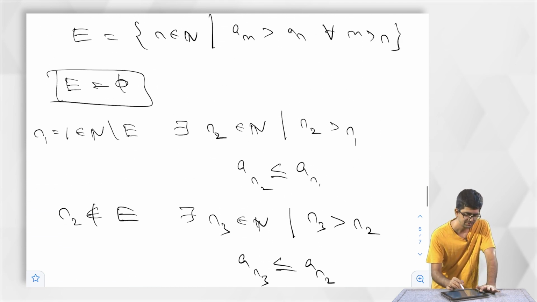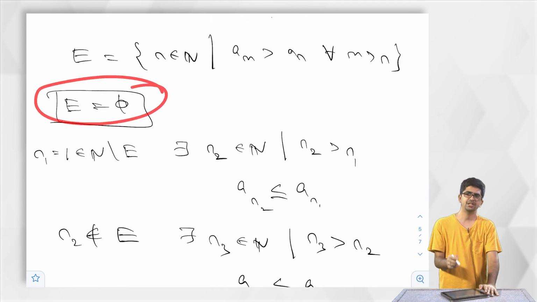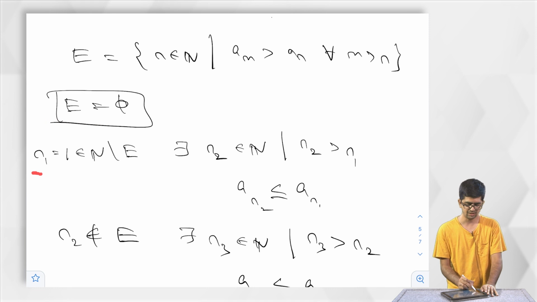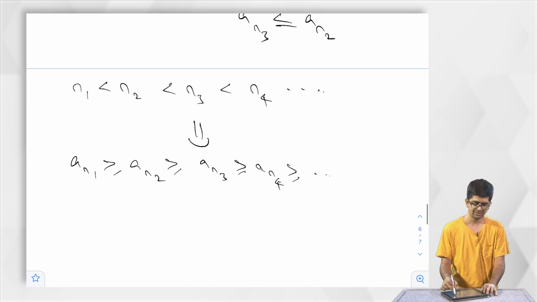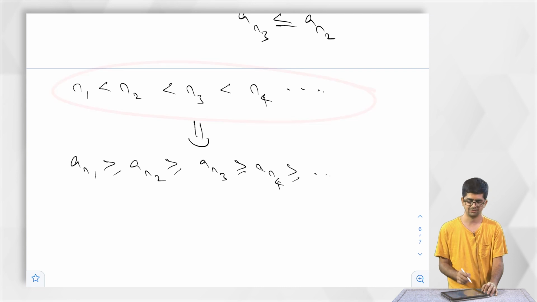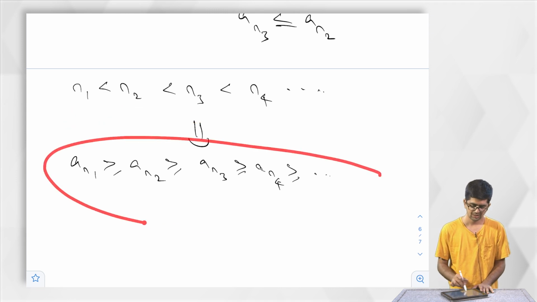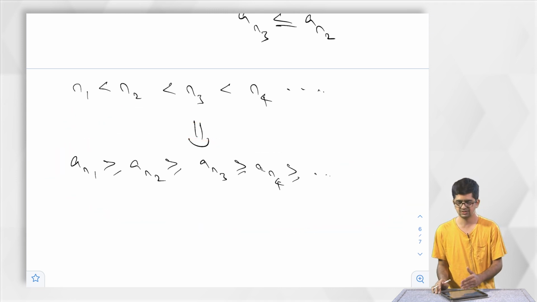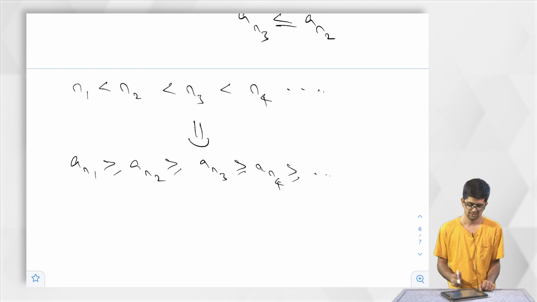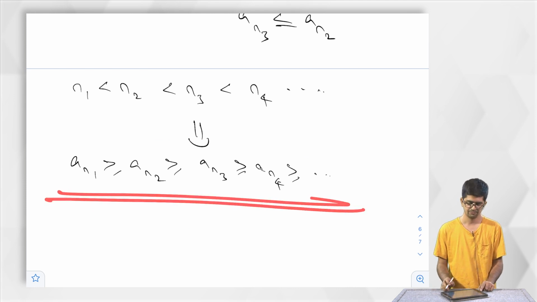So, now what do we have? If I assume that E is an empty set, starting at n1, I got an increasing sequence in N, I got the elements of N in this, and we got a decreasing subsequence of A. This is a decreasing subsequence.